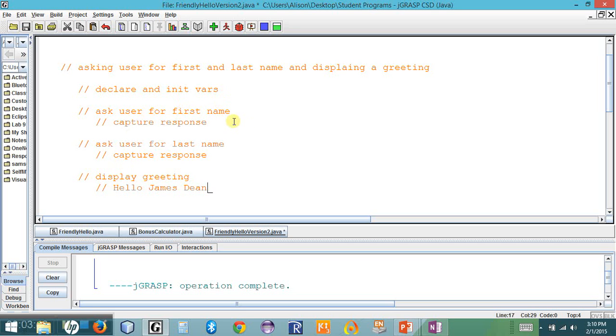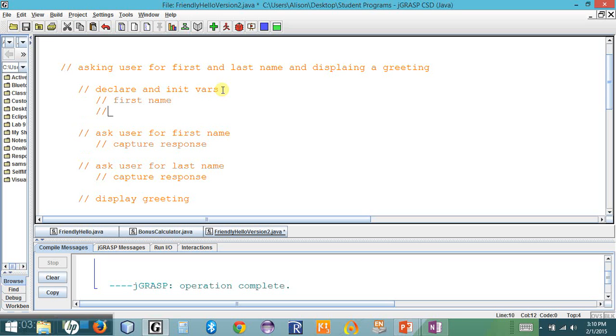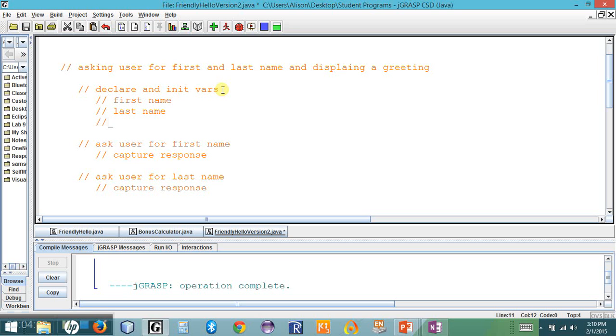All right, so based upon what I am displaying to the user, any kind of calculations that I'm doing, what kind of variables do you think I'm probably going to need? Right. We're going to need first name and we're going to need last name. And there's one additional variable that I'm going to need. If I'm going to be reading something from the keyboard, the user's going to be typing in an answer to my question, and I need to capture it from the keyboard, there is one additional variable that I am going to need. There's one more piece of code that I need to read something from the screen, and it's called